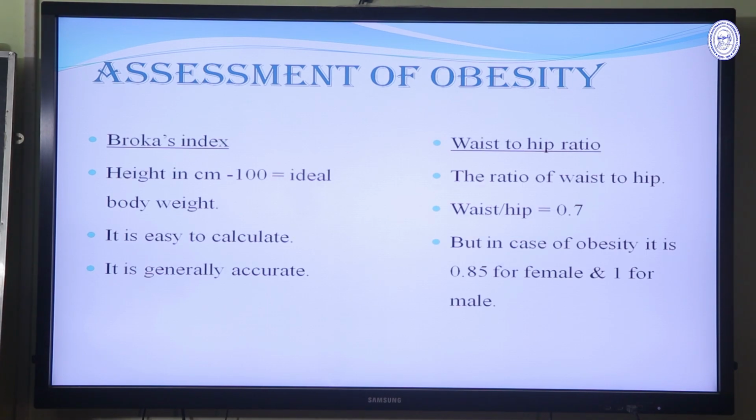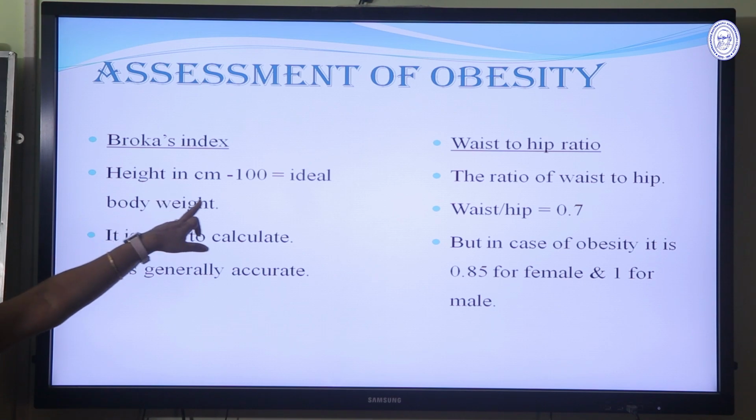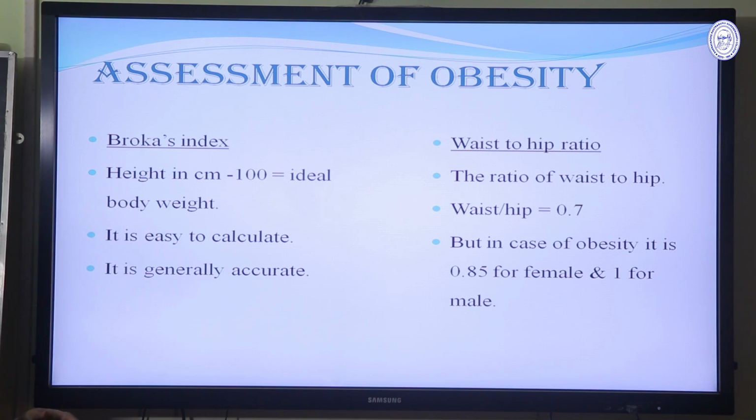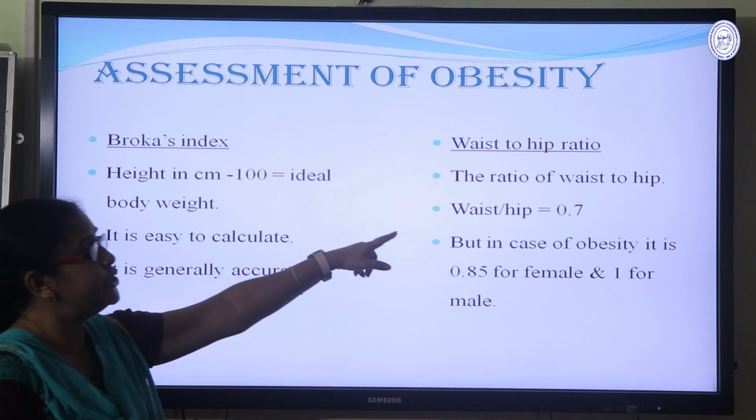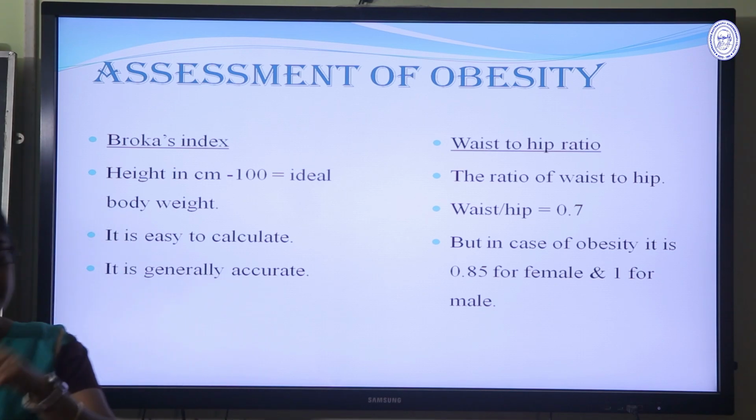Broca's index is another index that gives us an idea of the actual body weight or the ideal body weight. In this method, height is taken in centimeters and 100 is subtracted from it, and we get an idea about the ideal body weight. It is very easy to calculate and more or less accurate. And the waist to hip ratio: the normal waist to hip ratio is 0.7, but in case of obesity, 0.85 for females and more than 1 for males, the person is